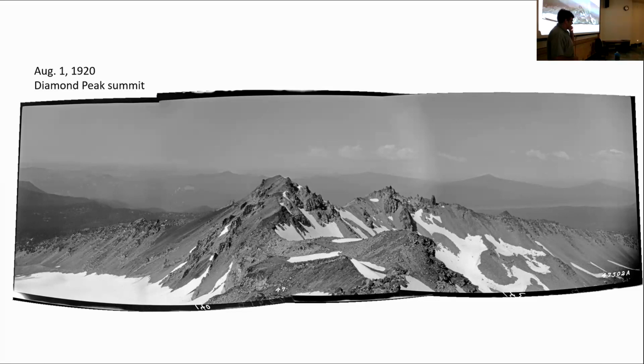So some of these changes, I'm just going to go over. I'm going to start off with what's been the most profound change to the high country, and that's the snow and ice, and it's really what motivated the photo matching from the very beginning. This is from the summit of Diamond Peak, looking north. This may not have been a glacier in 1920, but you can see